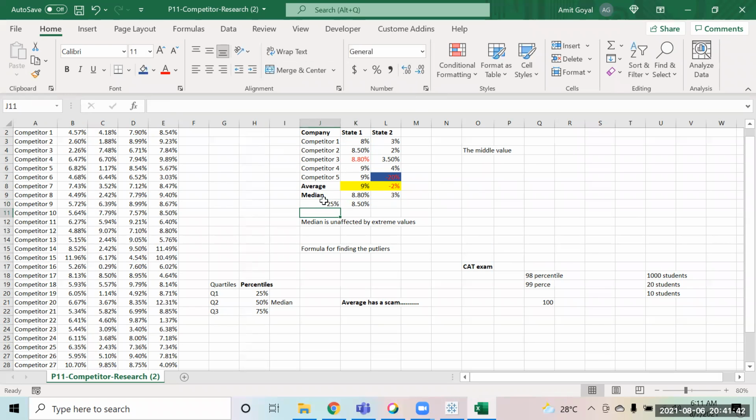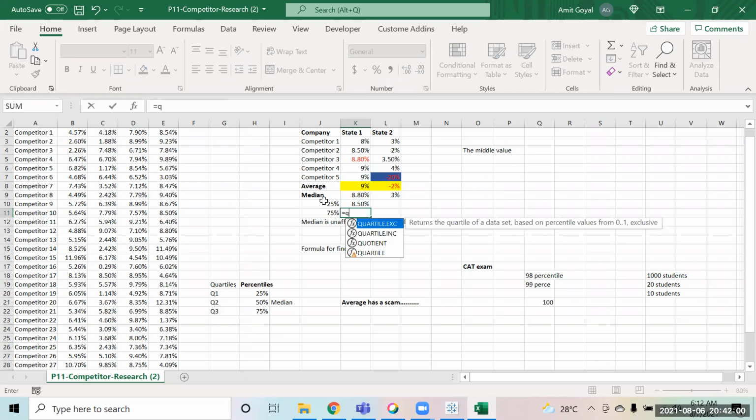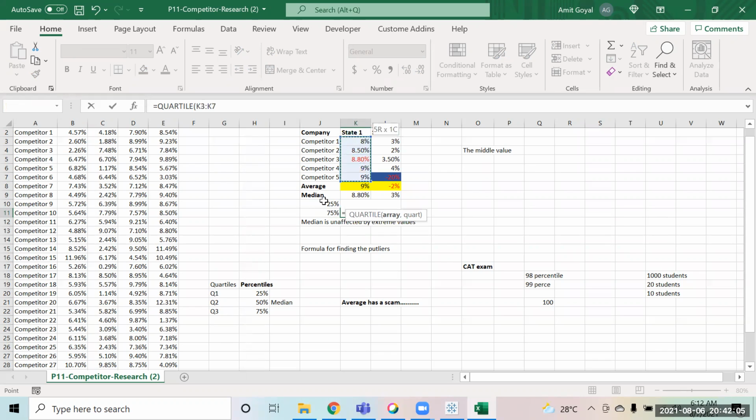And similarly, if you want to find the 75%, what will that be? What is the 9.9%, right? The value which is lying between the 50th and the 100th. So 75%. If you come over here, equals quartile, these are the values, and we have to find the third quartile.